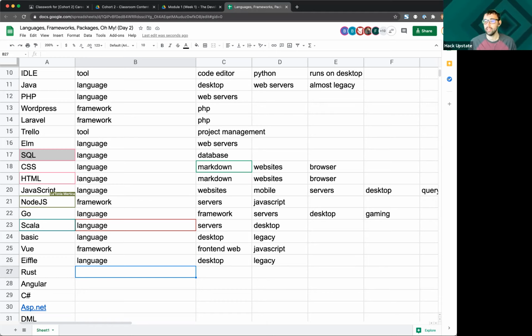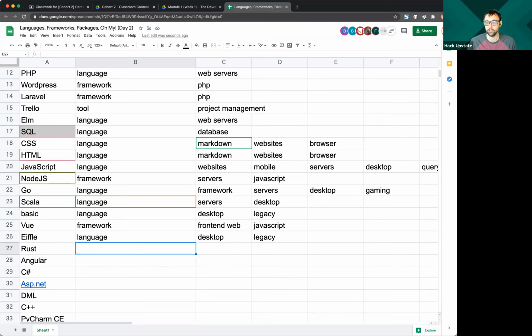The other reason I can classify it as desktop is because back in 1985, there were no other language categories, right? Everything was kind of run on desktop because the notion of web servers wasn't really around or was just coming to be around at that time. So it's a good skill to be able to Google something and kind of know where that language fits in, even if it doesn't make its way onto the list.